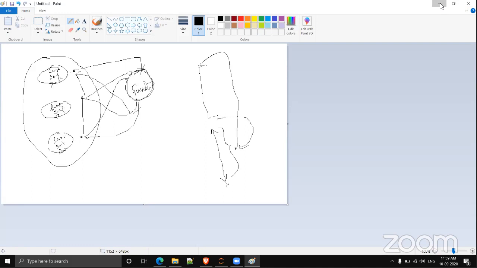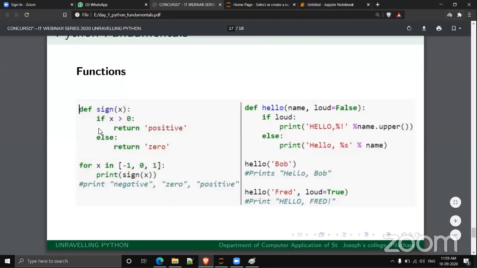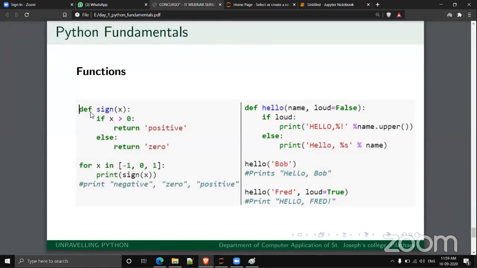For that purpose we are using functions. In Python, to define a function you have to use a def keyword. Then you write the function name, and you specify the arguments.